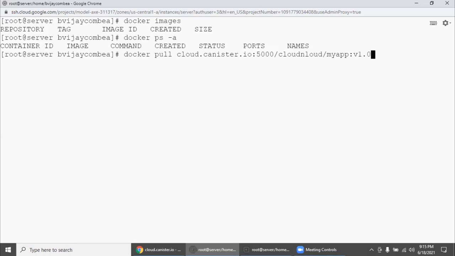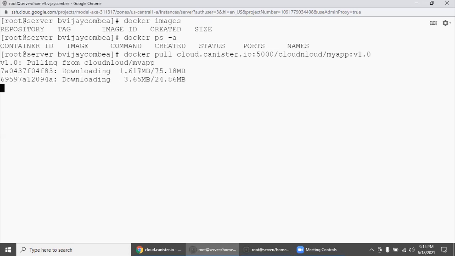If your image has been successfully pushed to your private repository, this should work. It's working. Your machine was completely empty, and now if you pull it, it is working. From where? From your private repository only.